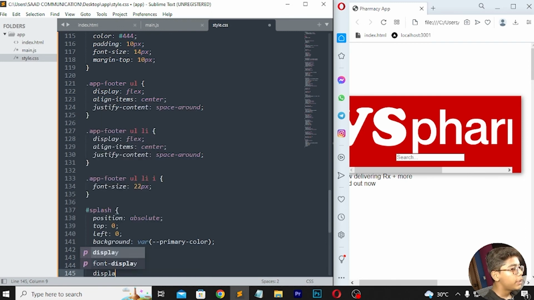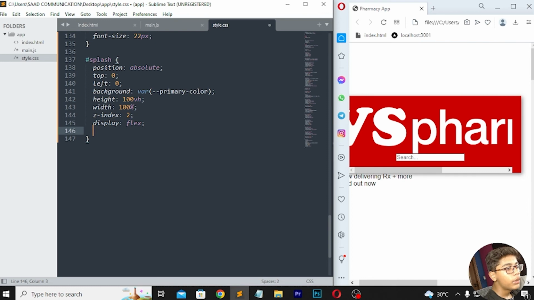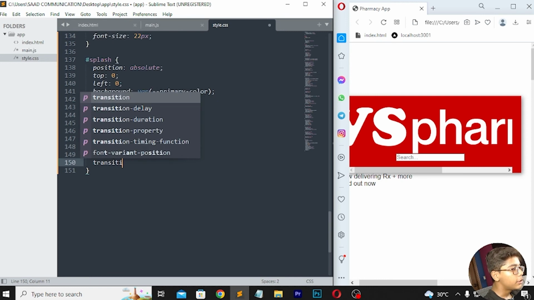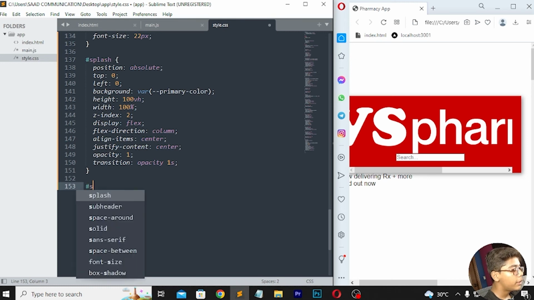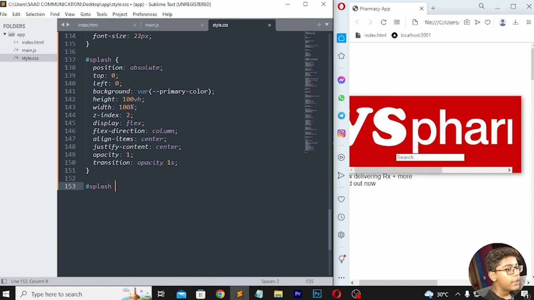then display which should be flex, so here I'll be writing that, then move down, here I will be now writing flex-direction which should be column like this, then I'll be writing align-items center, and here I will be writing justify-content which should be center, then I will be writing opacity 1, then right here transition which should be opacity, and here I'll be writing 1s,